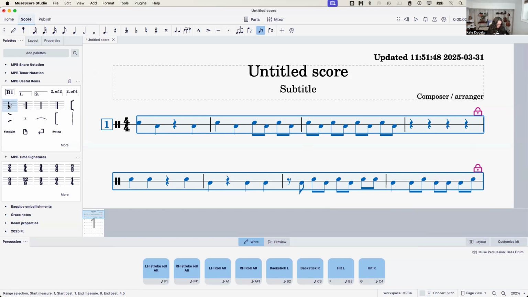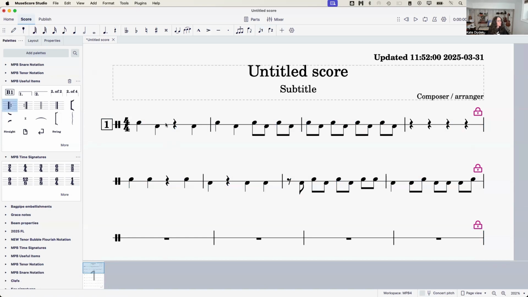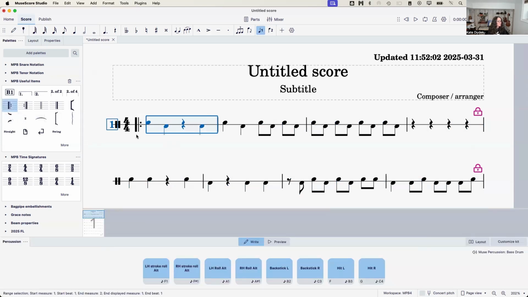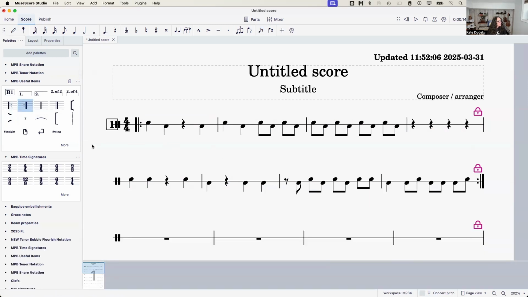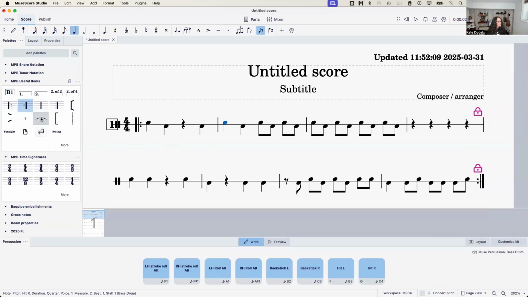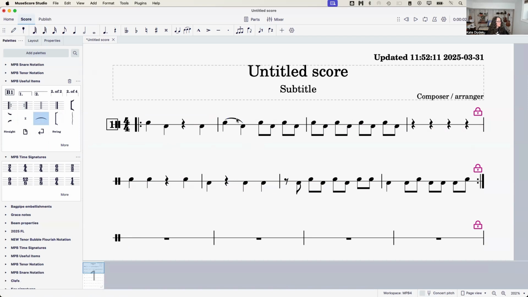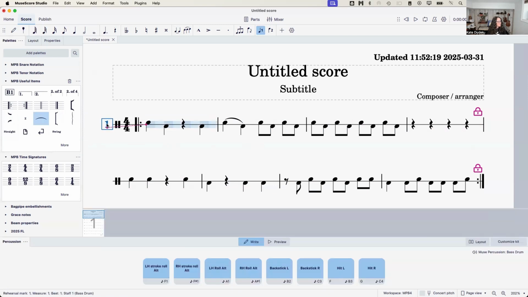So I use Control Z to undo. That's something I didn't mention. Control Z, and Control Shift Z on Mac, but probably Control Y would work on PC. So you have to click the bar that you want the repeat on, and same with this one. And things like slurs or ties can be useful. You can also use this up here. And another thing that can be really useful is